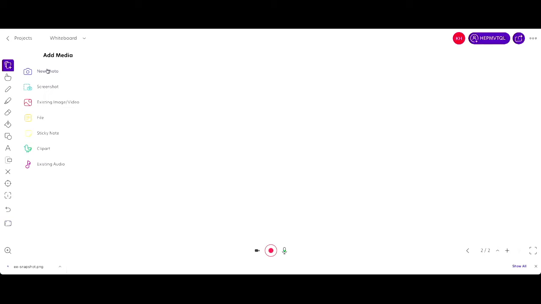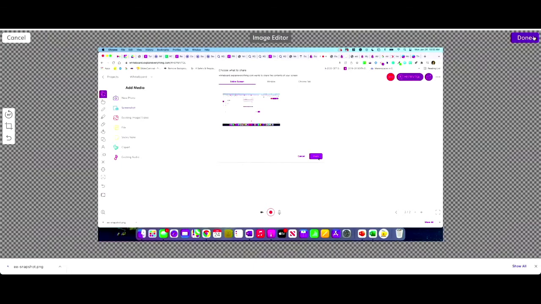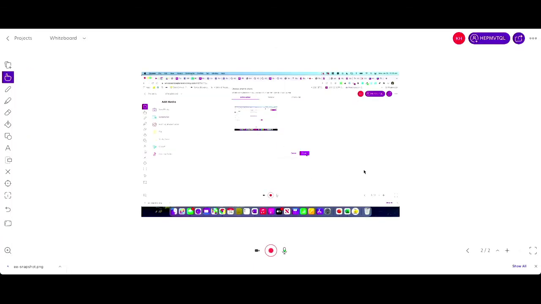Yeah, you've got a couple more options, but here you can add a photo, so you can take a photo. You could take a screenshot. So I could go ahead and take a screenshot of my entire window, go ahead and say done, and then walk them through how to do something. So then I might grab my pen tool and I might say, you know, hit record, and then I'm going to walk them through how to select a file and then click done, whatever. And I would walk them through each of those processes and they're going to see my live drawings happening. Okay. The other thing